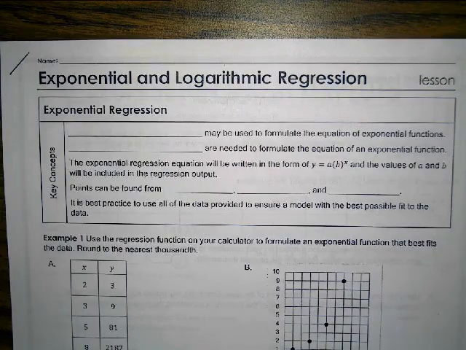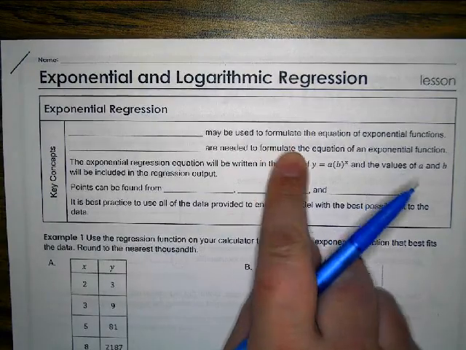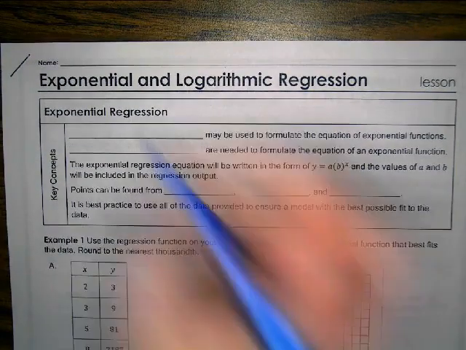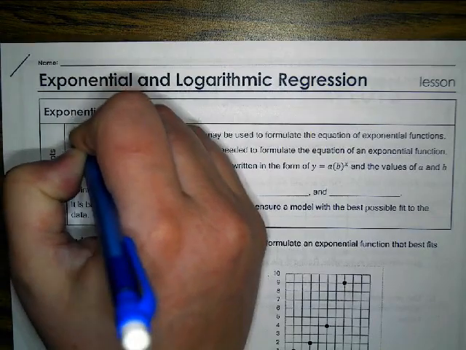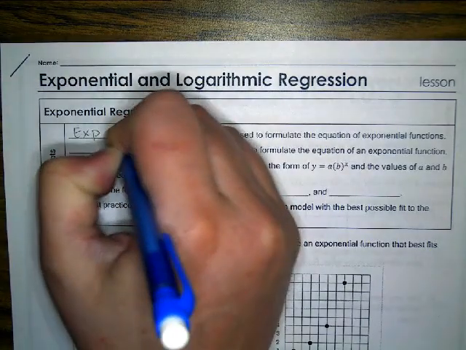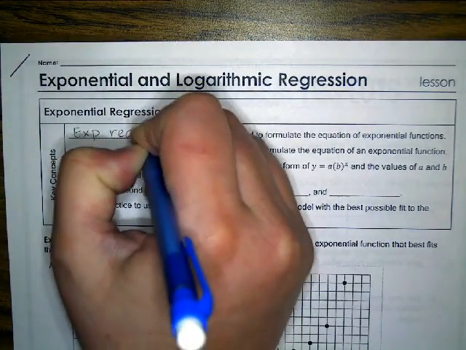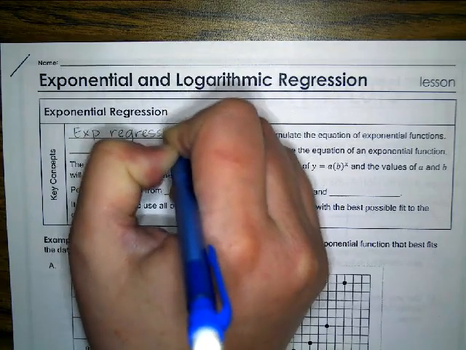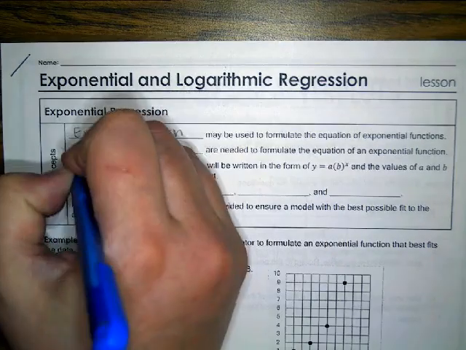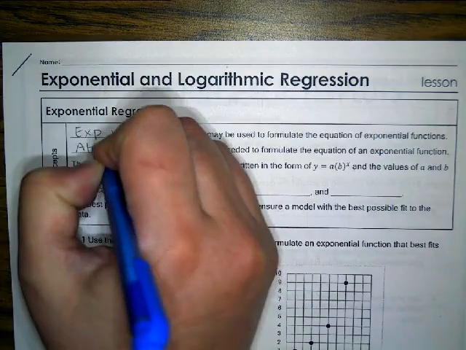Exponential regression is used to formulate the equation of exponential functions. Exponential regression needs at least 2 points